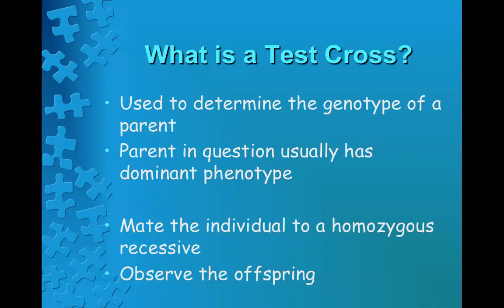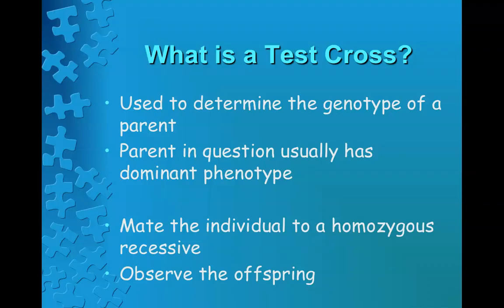But what if I don't know the genotype of the parent? If this is a traditional Mendelian cross, my dominant parent could be homozygous dominant, so 2 capital letters, but they could also be heterozygous, and there's no way for me to know that simply by looking at them. So one of the things that geneticists can do to backtrack and figure out what the